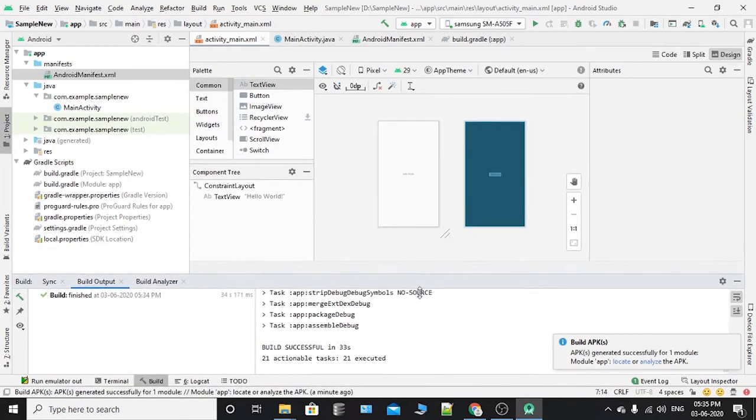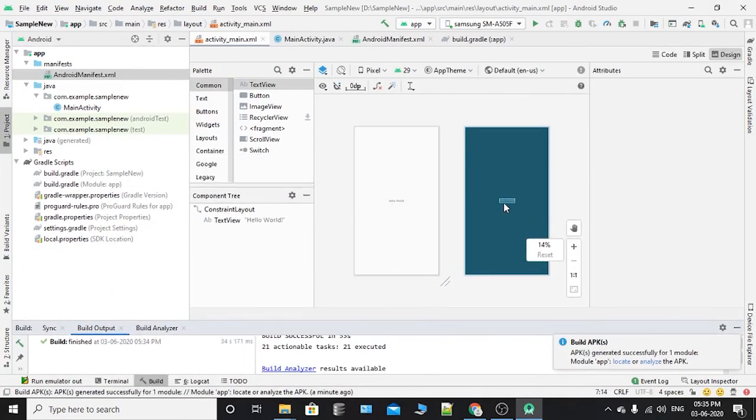By default, there is a Hello World program, so you can try it by yourself by connecting your mobile or generating an APK file. And another way to view the result is a virtual device, creating a virtual device. Okay, I will teach you how to create a virtual device in some other session.